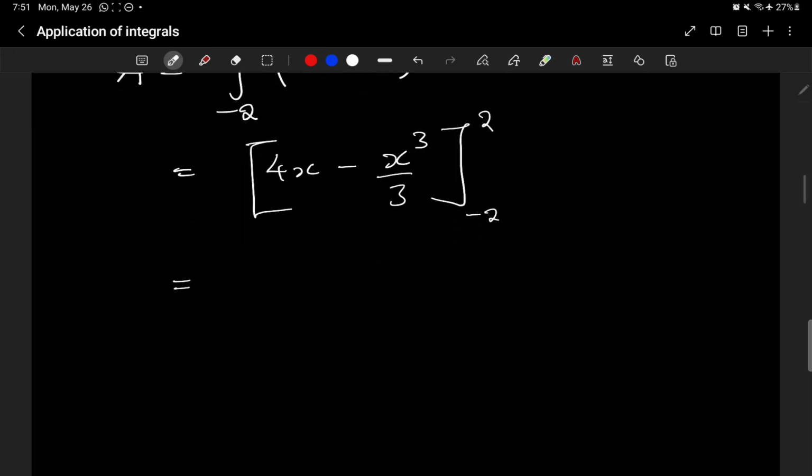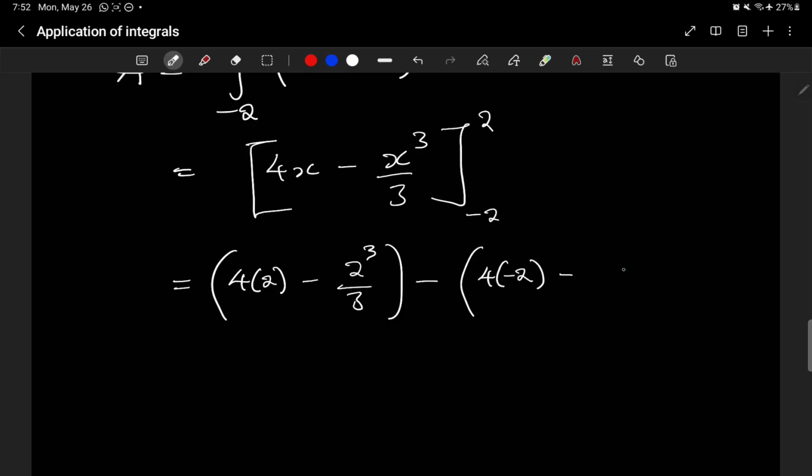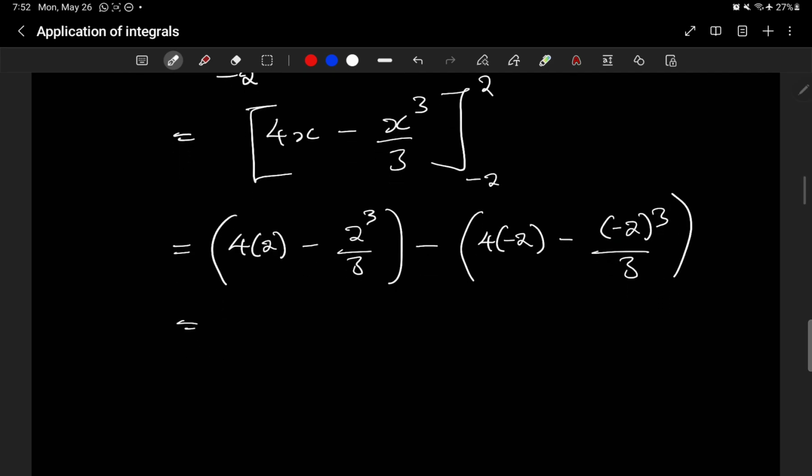So let's bring in our limits of integration. When you substitute the upper limit first, we'll have 4 multiplying 2 minus 2 to the power 3 over 3, minus, now the lower limit, 4 multiplying minus 2, and then we'll have minus 2 to the power 3 over 3. So the first part will be 8